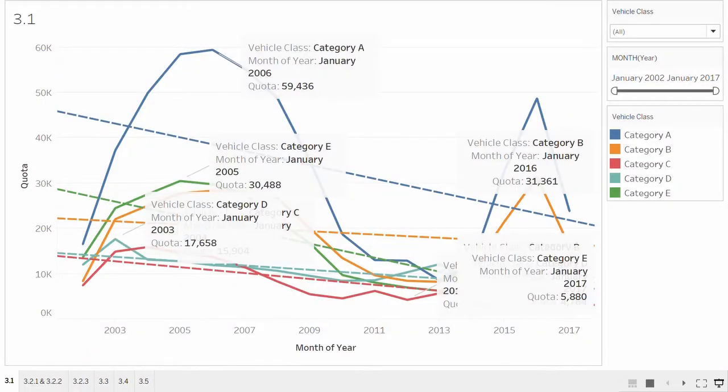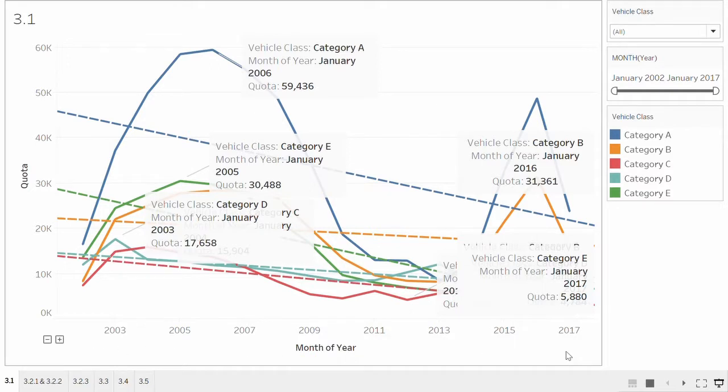Good afternoon, lecturers. Today we'll be presenting to you our analysis about the trend of COE transactions. For business question 3.1, I'll be sharing with you the overall COE quota trend for all categories from years 2002